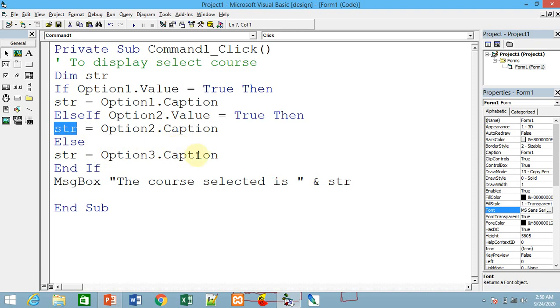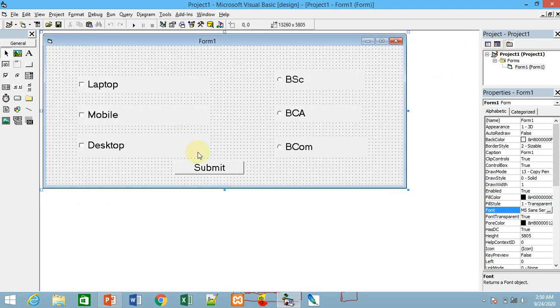Otherwise, if option 3 is selected, then option 3's caption will be stored here. This is end if. Then we are displaying which course it is. But that is with the option button, of course. With the checkbox it will be different. So with the checkbox, I will remove this.